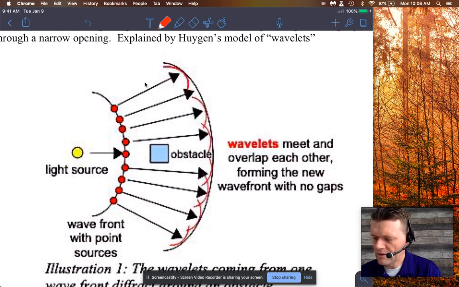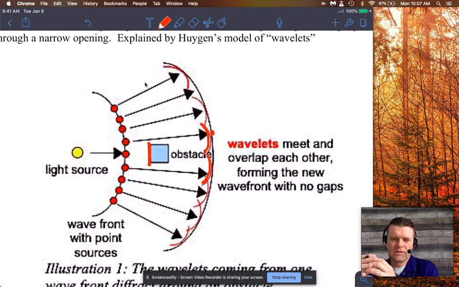And obviously the wave fronts will move from left to right and hit that obstacle. But because each point on the wavefront can act like a new point source for a wave, those wavelets, according to Huygens' theory, were an explanation of how waves could bend around obstacles,